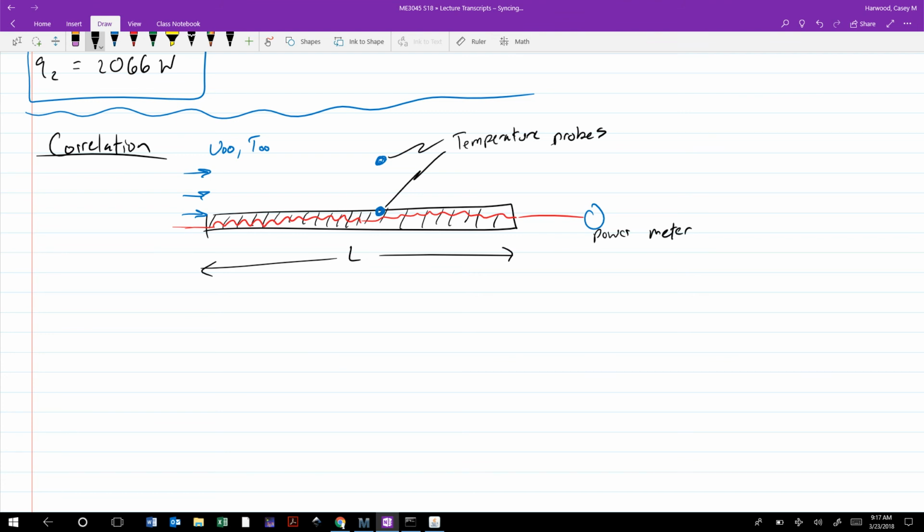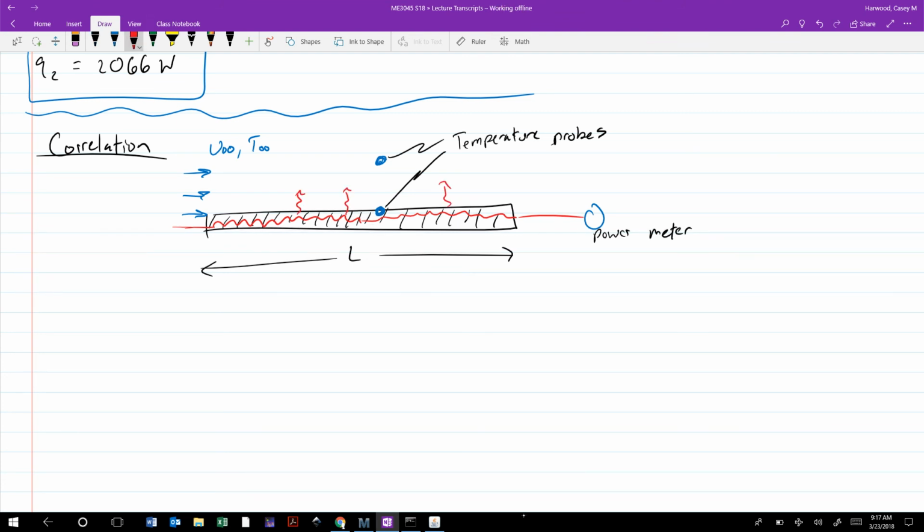So what we might do is set the flow at some U infinity, T infinity, get the flow going, and start to gradually increase the amount of power that we're applying to this heating element in the plate until we end up with the surface temperature being hotter than the fluid temperature. When that occurs, then we know we're transferring thermal energy into the flowing fluid. So there's convection taking place